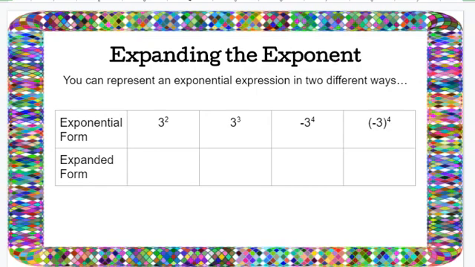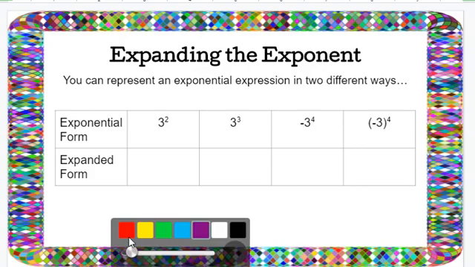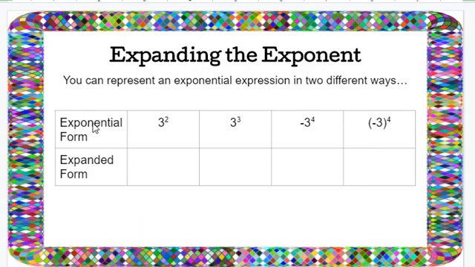Expanding the exponent. You can represent an exponential expression in two different ways. The first way is what we are calling the exponential form. That is where you're given a value as a base raised to a power or raised to an exponent. We are going to convert this to the expanded form, which means that we are going to write it out